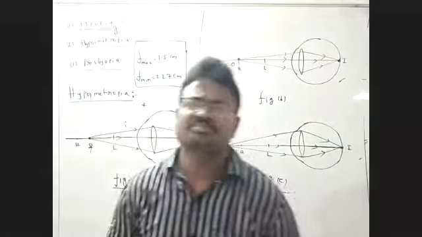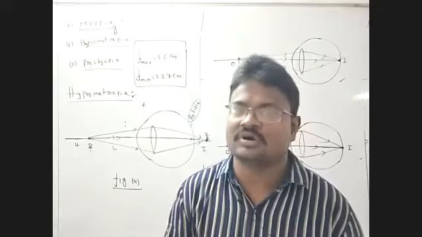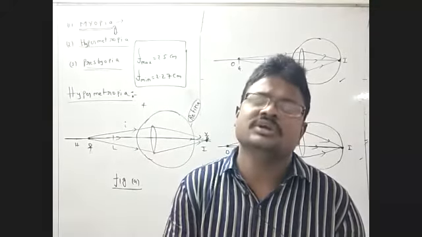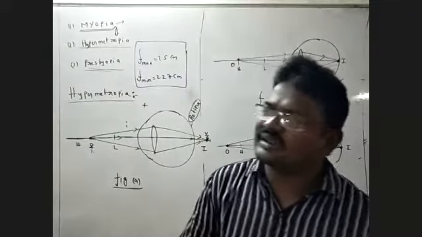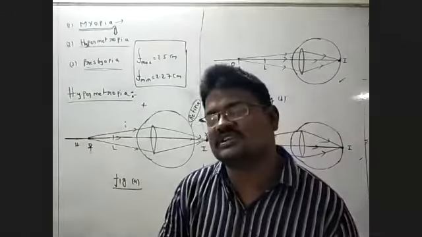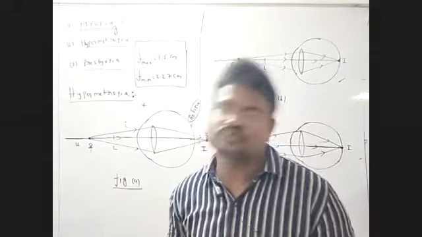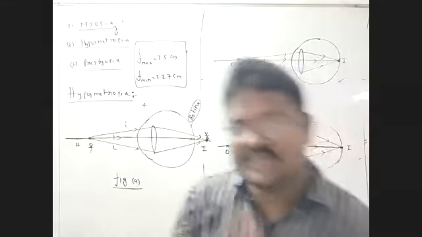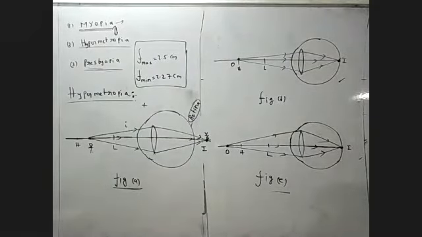The problem is corrected. But who will bring the image of this object? By using a convex lens. The convex lens brings the image of the object from one position to some other position. It will be fixed. We are rectifying that problem. That is okay. We will see how it moves. You see that one clearly.